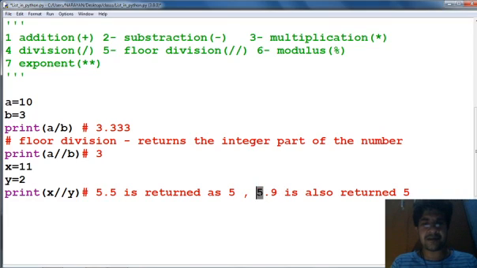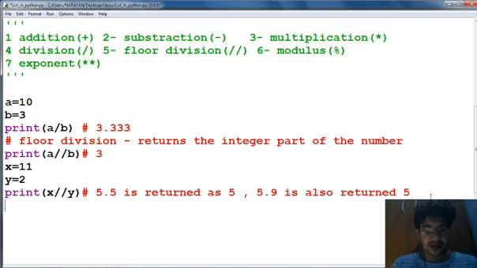It returns the original integer. 5.9 is rounded off as 6, but using the floor function you will get the result as 5. So this is your floor division.